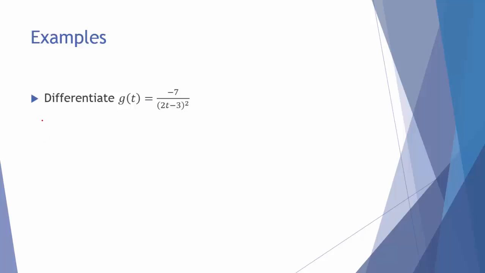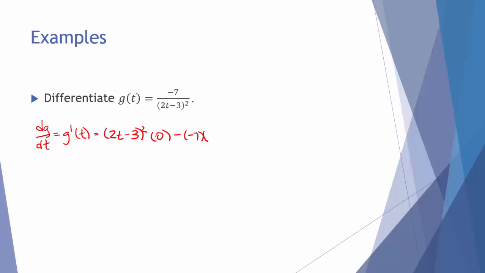If we use quotient rule, then dg dt, or g prime of t, either one, we will have the denominator, 2t minus 3 squared, times the derivative of the numerator. Well, the derivative of negative 7 is 0 because it's a constant, minus the numerator, negative 7, times the derivative